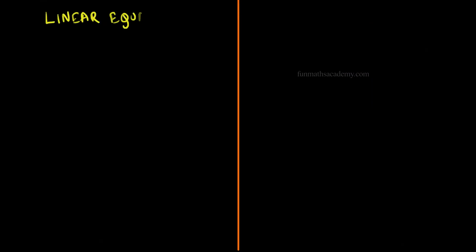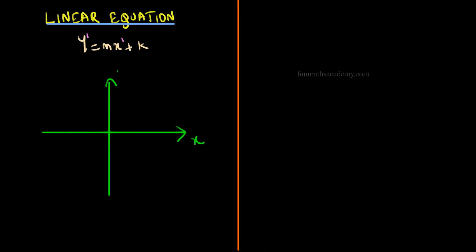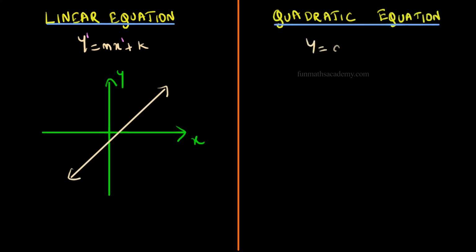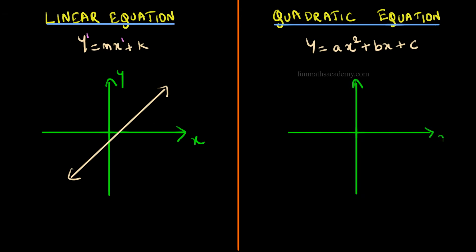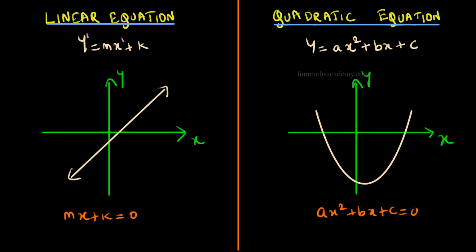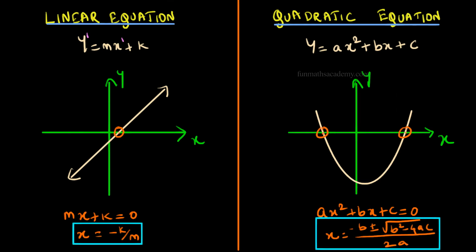We know that a linear equation is made of variables like x and y and a constant. The highest power of these variables will be 1. Not just that, when you plot that equation on a graph, you get a straight line. On the other hand, a quadratic equation has at least one variable with the highest power, that is 2. When we plot a quadratic equation with highest power 2 on a graph, we get a parabola. The solution we get when we solve these equations will be the x-intercept.